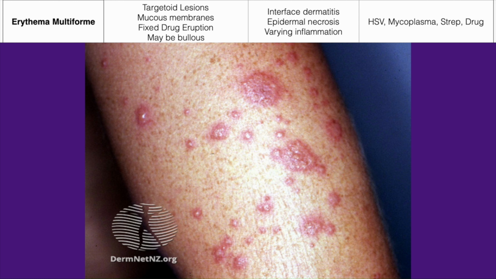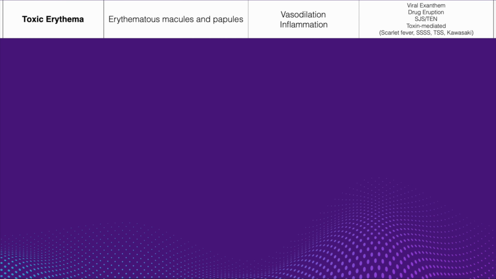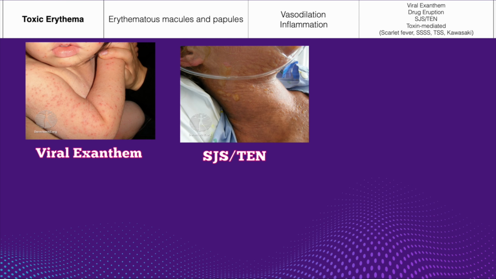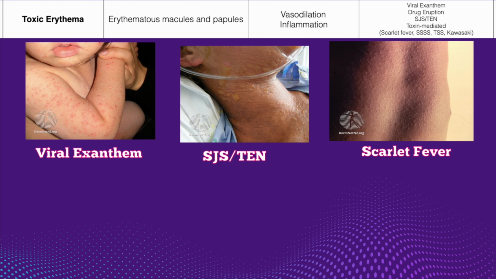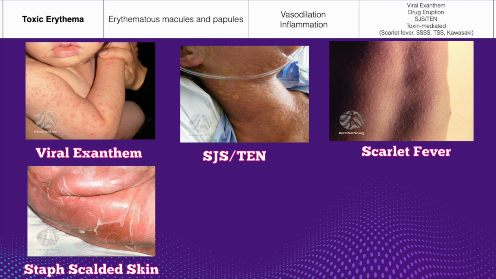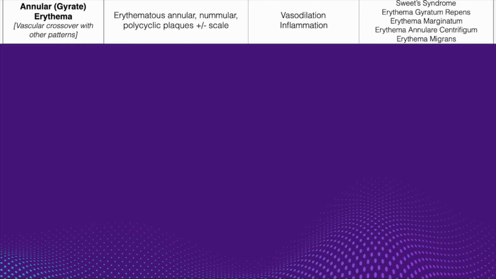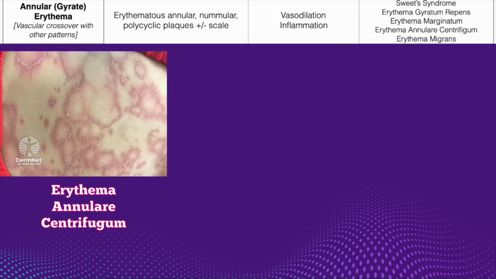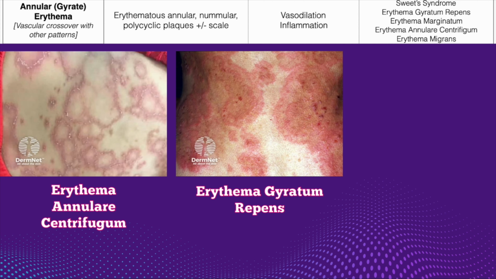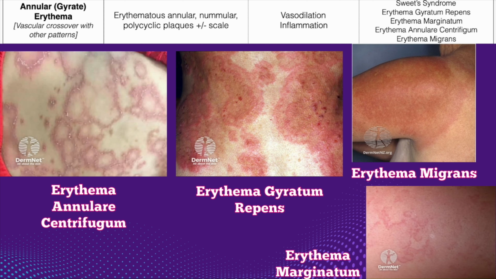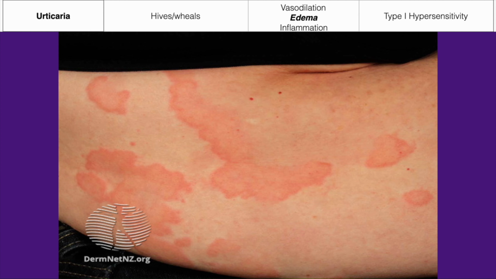Erythema multiforme, 2. The toxic erythema group, which includes viral exanthems, drug eruptions including Stevens-Johnson syndrome and toxic epidermal necrolysis, or scarlatiniform eruptions including scarlet fever, staph-scalded skin, toxic shock syndrome, and Kawasaki disease. The third vascular group is the figurate or gyrate erythema group, which includes erythema annulare centrifugum, erythema gyratum repens, erythema migrans, and erythema marginatum. 4, we have urticaria, commonly known as hives or wheals, and then here's where I deviate